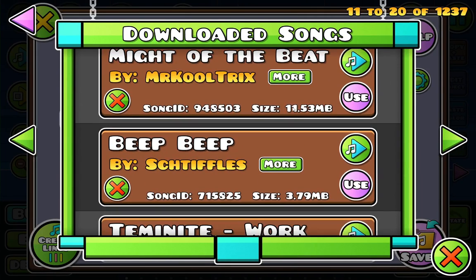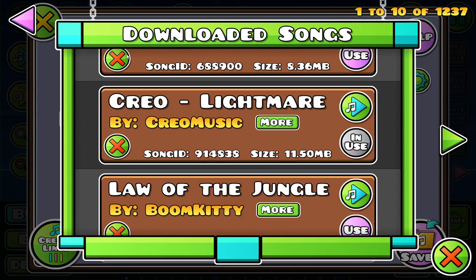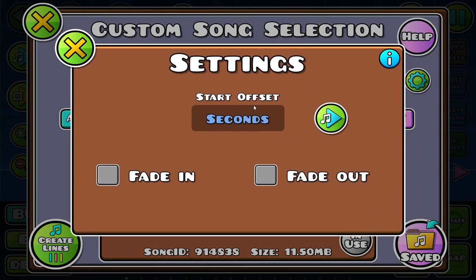Yeah, I wanted to use Might of the Bee, I think, but I don't know now. You know what, we're gonna use Crayo Lightmare, okay? And then you gotta find a start position you want your song to be on. You could start from the beginning, or you can start at a certain time period, so...